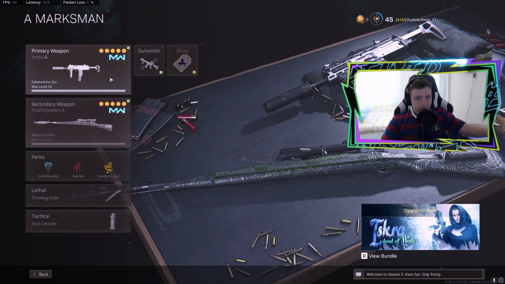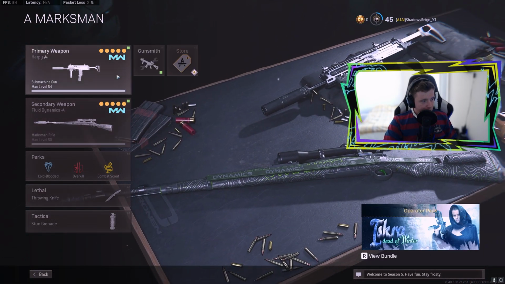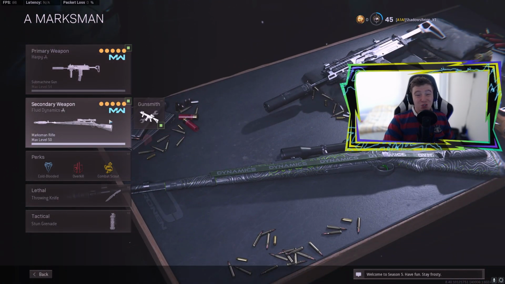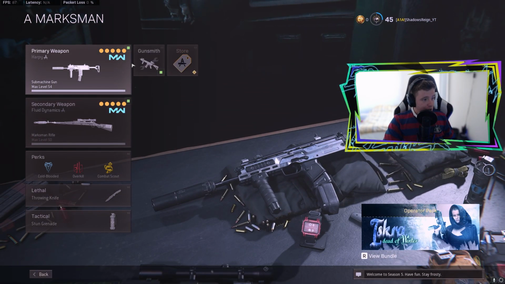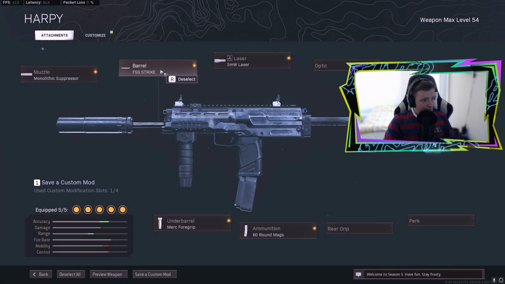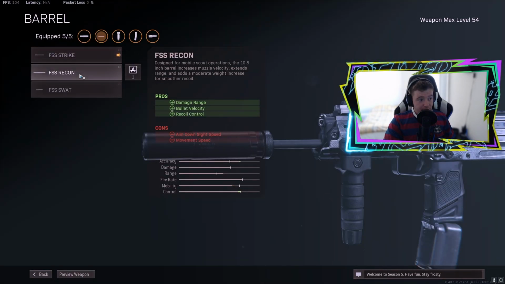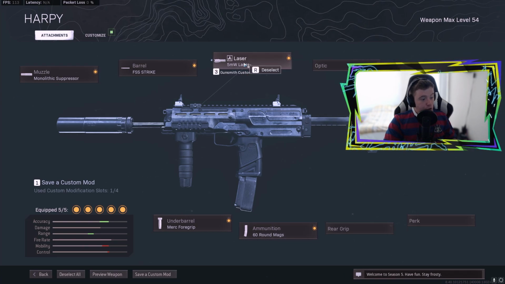But at the minute, this is definitely the class that you want to be using as well. Though this one is a full counter in terms of it uses two weapons instead of one to counter it. Similar thing to what we did in the DMR video back in January. But yeah, essentially I'm using a monolithic. You can either use the strike for hipfire or the recon for range. And then of course I'm rocking that with a Merc, a 60 round mag and a 5mm laser. So obviously I'm rocking that for, you know, for the more